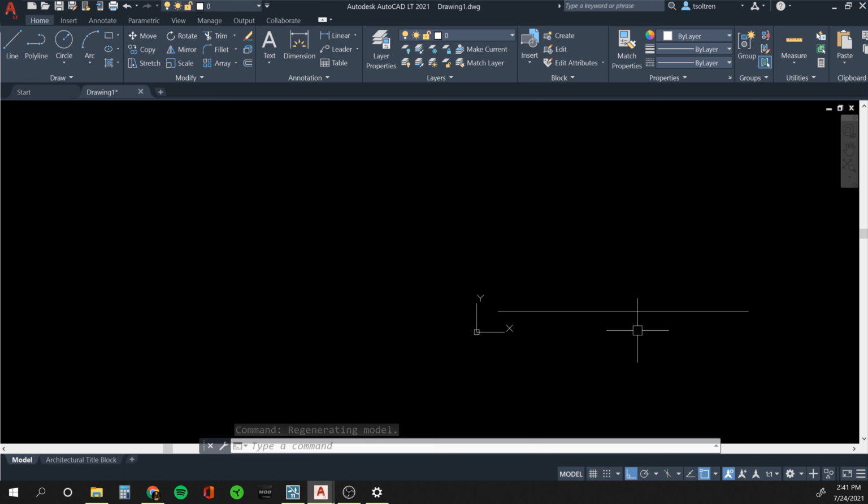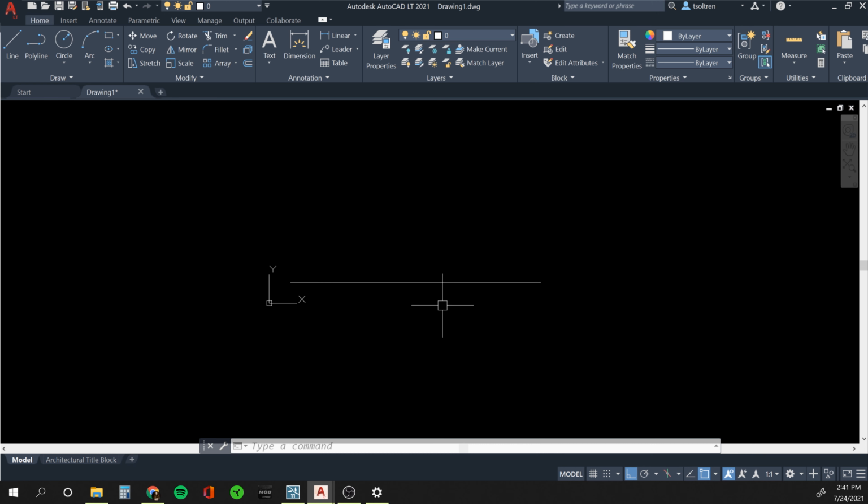Now another thing I can do is pan in my model space. To do that, I'm going to press down the scroll button, and then you see that it converted that icon in the middle, the crosshairs, to a hand. While I'm holding the button down, I can drag my window wherever I want. So I'm going to click right there, and then I can zoom in and out to that 10-foot line that I just drew. Okay. So now the next thing I want to do is draw a line continuing from this endpoint